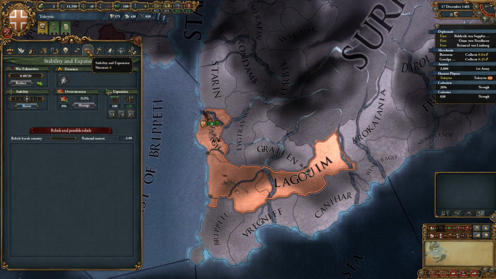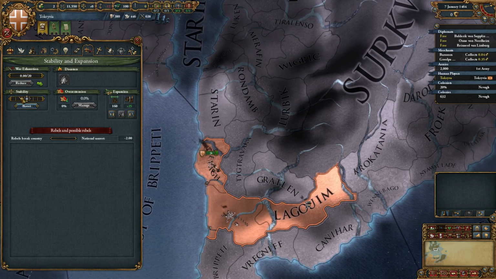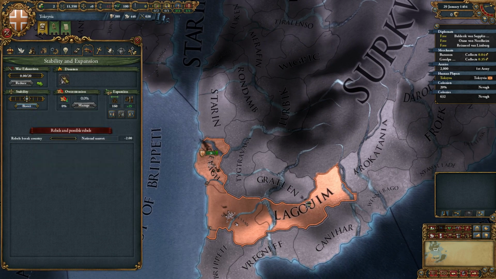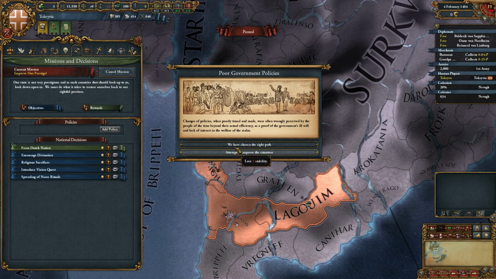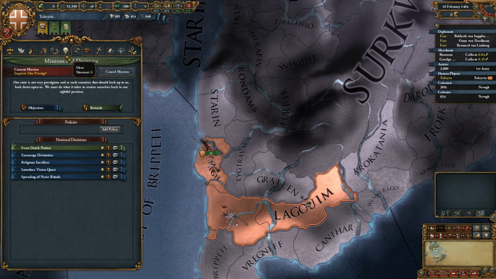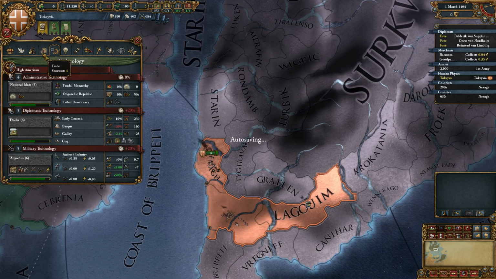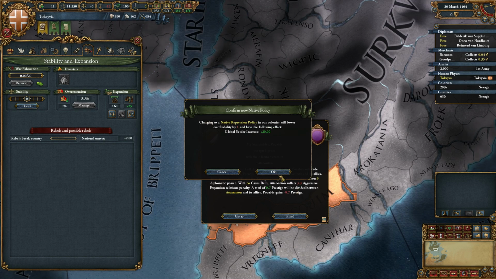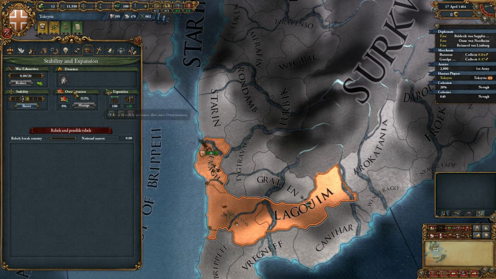I think I'm gonna do the stability thing. Actually, what would happen if we go negative stability? More interest, less caravan power. Actually, yeah, as long as we don't actually get... Great. That's just really annoying. Yeah, I'm gonna do it. I'm gonna change this to faster. I know I'm at negative stability right now, but...